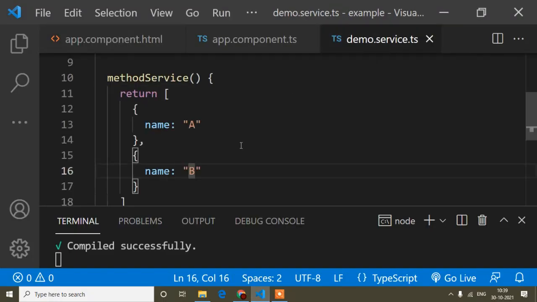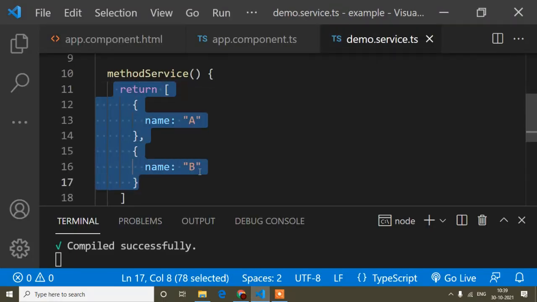Actually this way you can pass this method. Now if you want to pass any kind of HTTP request, it may be a get request or post request, you can pass it the same way. But since this is an HTTP request, there is a somewhat different process. You have to import the HttpClient module and HttpClient. This is a little bit different, but you can do it the same way. Okay, I will show you that also.